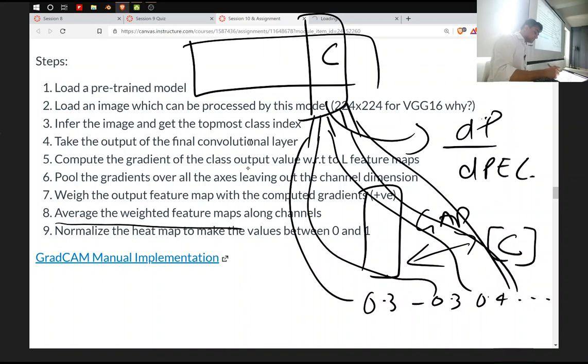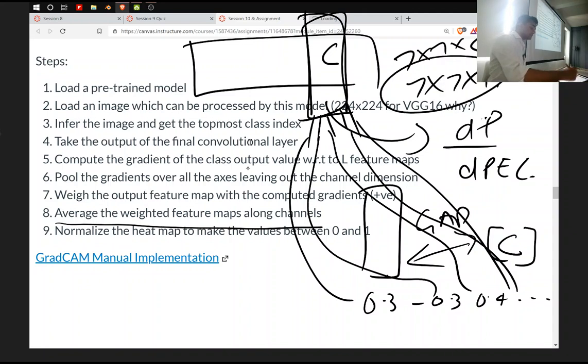What does it mean? I have these new channels now, these are weighted channels now. I'm going to just average them on the z-axis. I had 7 cross 7 cross C here. I'm going to convert this into 7 cross 7 cross 1, right? And I'm going to take this and overlay it on top of my image while making sure my values are between 0 and 1, so I can actually view the